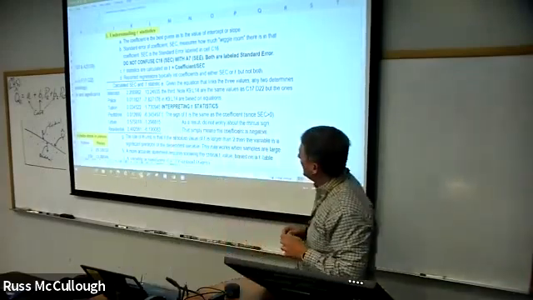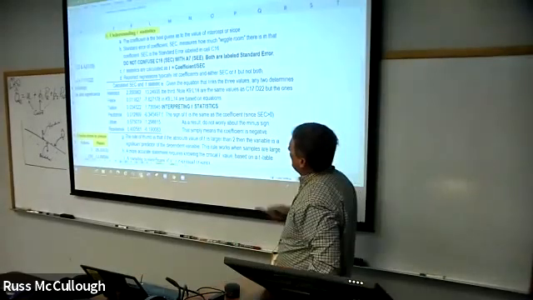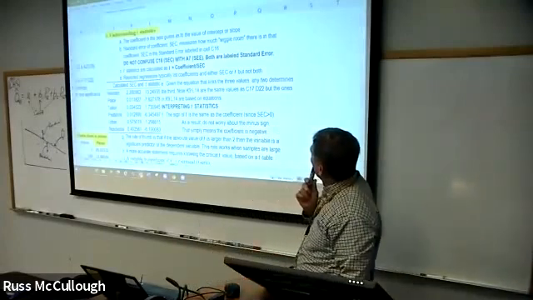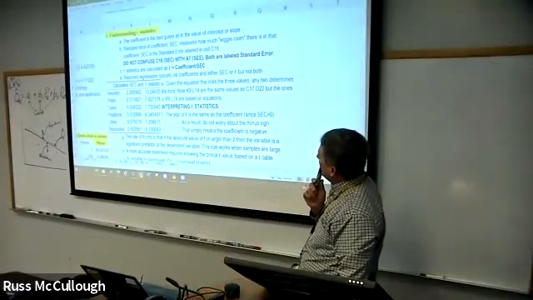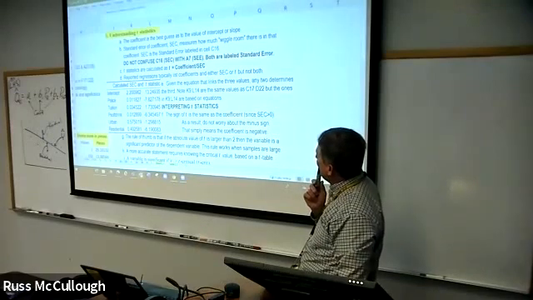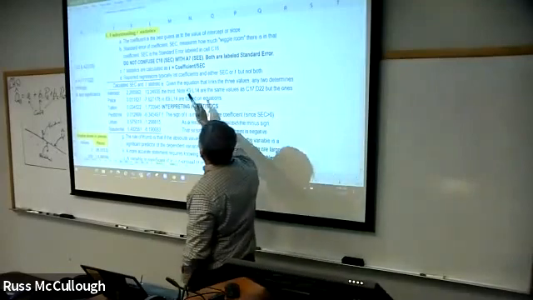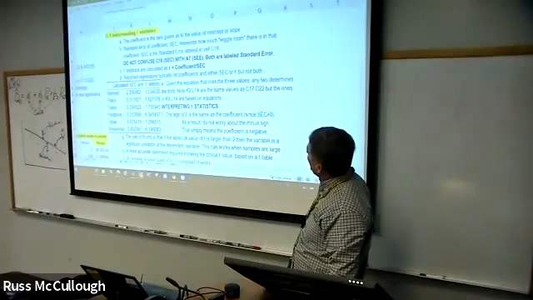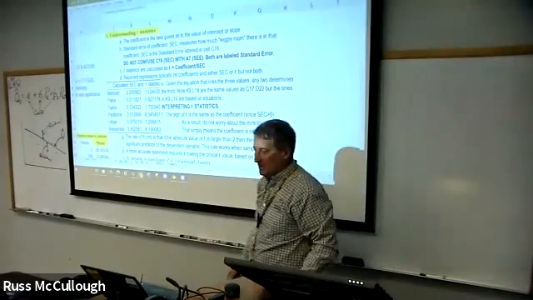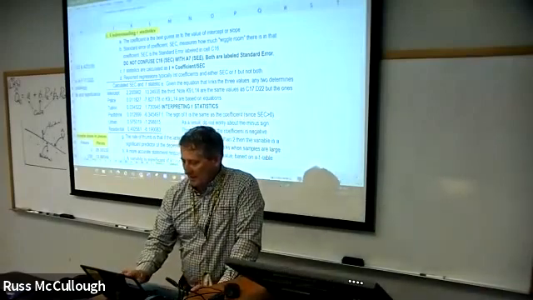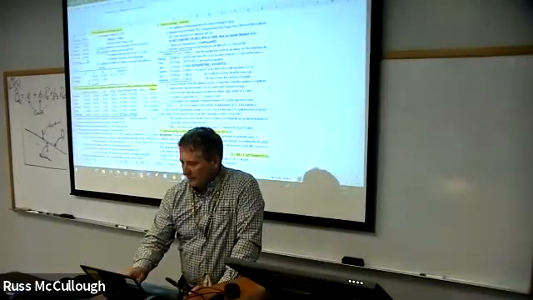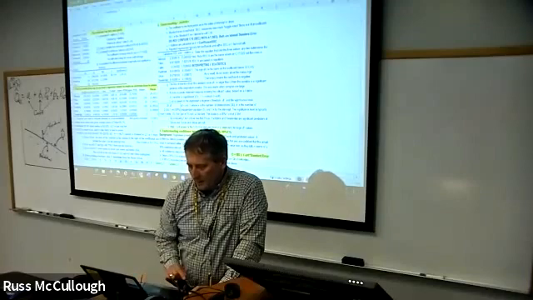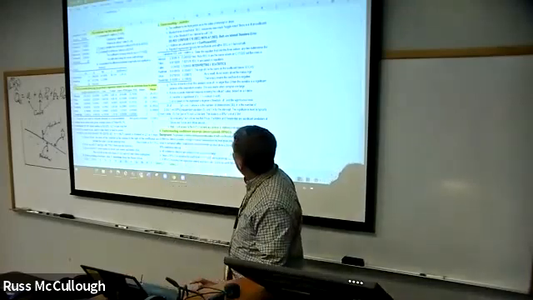Okay, so now part B, the standard error of the coefficient, the SEC, measures how much wiggle room there is in that coefficient. The standard error labeled in cell C16. Do not confuse the standard error of the coefficient with the standard error of the estimate with A7. Both are labeled standard error. So let's go ahead and find those on the sheet. C16. So C16 is the standard error of the coefficient.